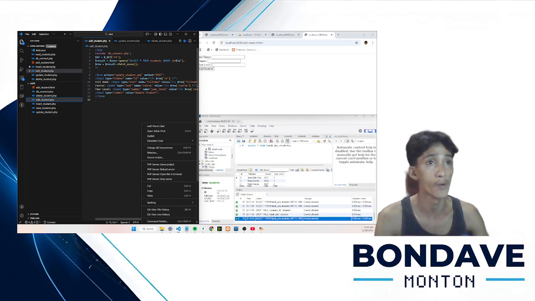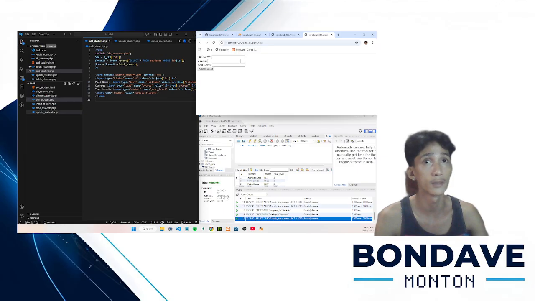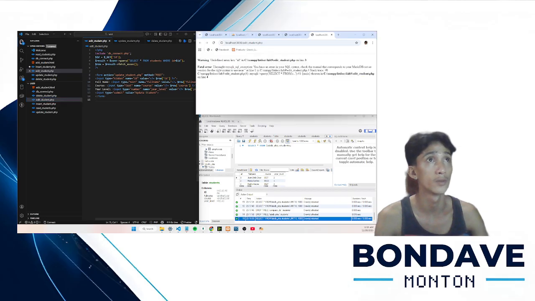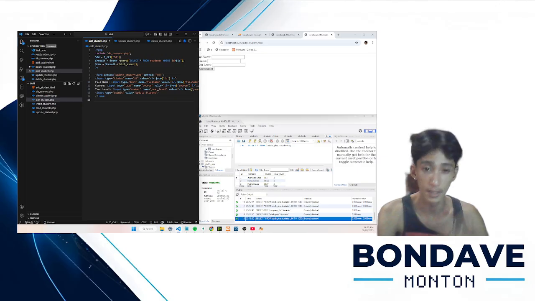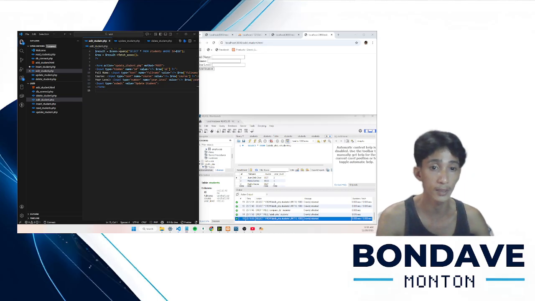So we also have the update. Now this script allows editing a student record by first retrieving it and then updating it.